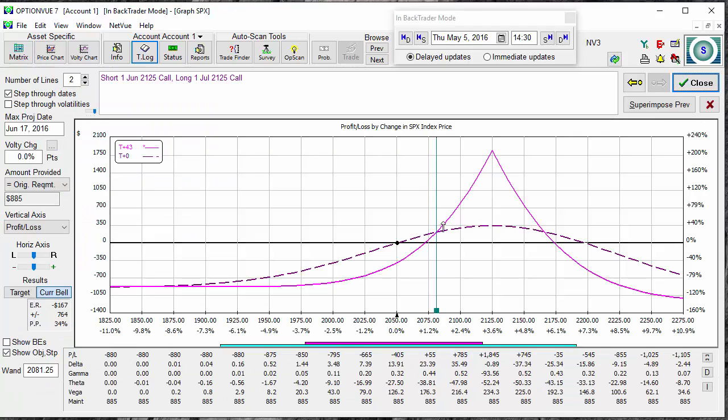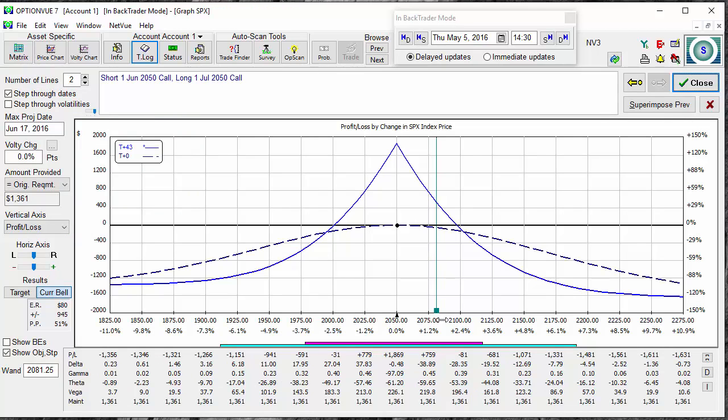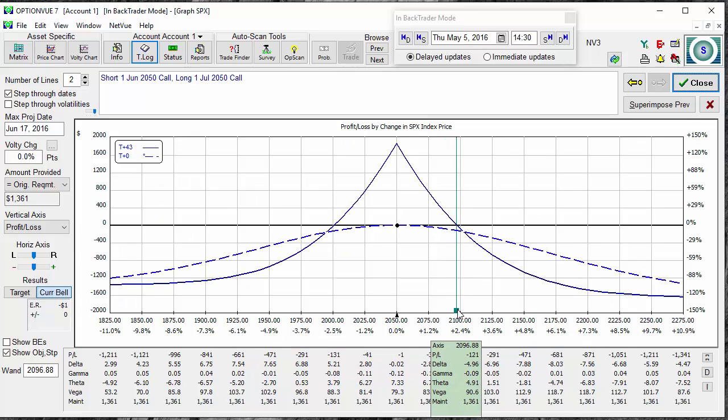If this is the existing trade and I'm up here at, say, 2096 and I'm down a couple $100, $120,